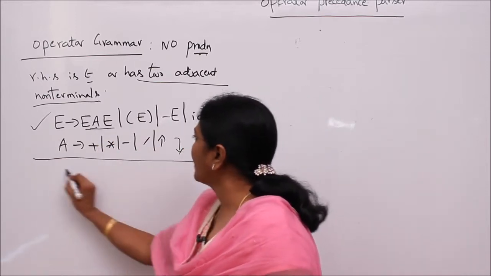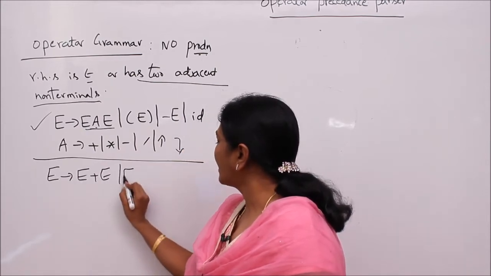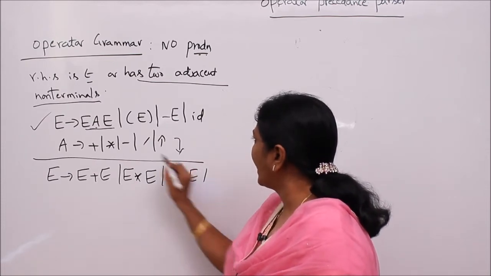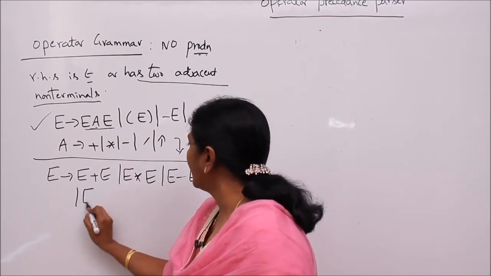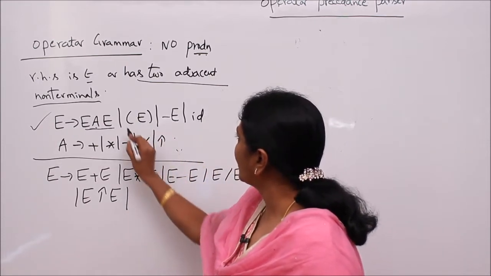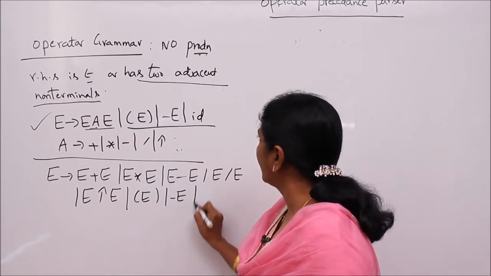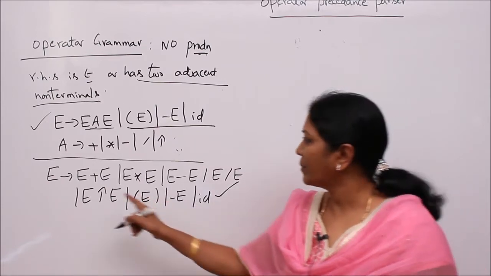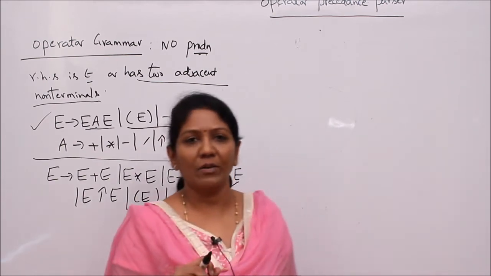Then what you get? E to E plus E, E star E, E minus E, E by E, and so on, E exponentiation E, and in addition to this, add E to id. This is your operator grammar. No null productions, no two adjacent non-terminals. So once you have the operator grammar,